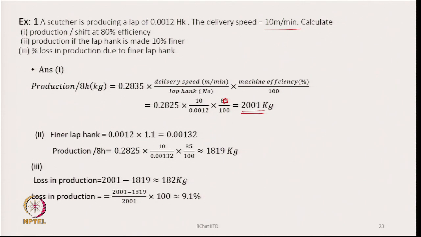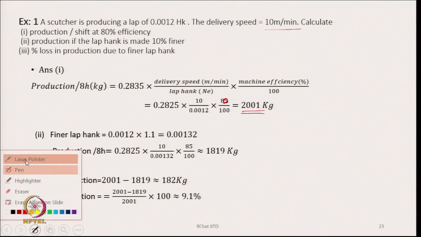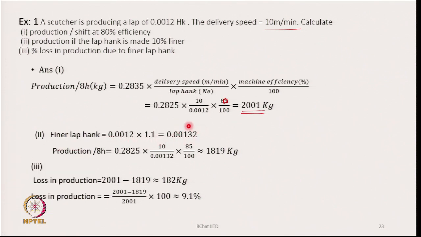this will give me the figure. And the production if the lap hank is made 10% finer, that means the hank is going to be 0.00132, earlier it was 0.0012, now it is going to be 0.00132. So, the production is going to be this much, and here also this will be 80. So, 0.2825 into 10 by 0.00132 into 80 by 100, which will give you a figure 1819 kg,